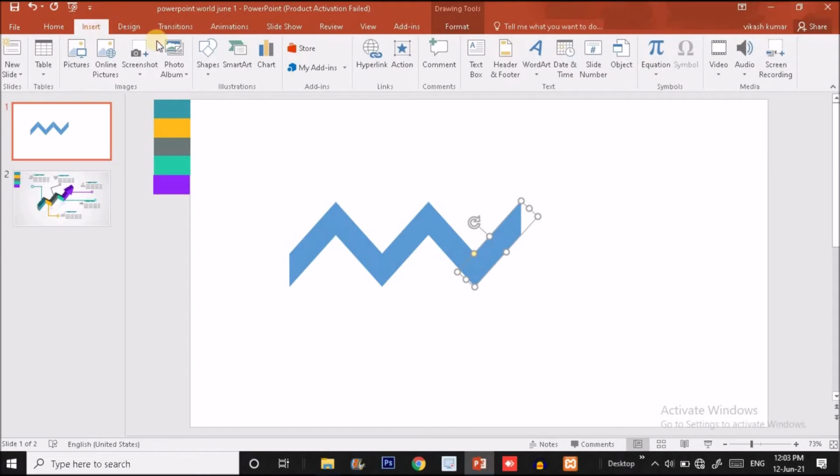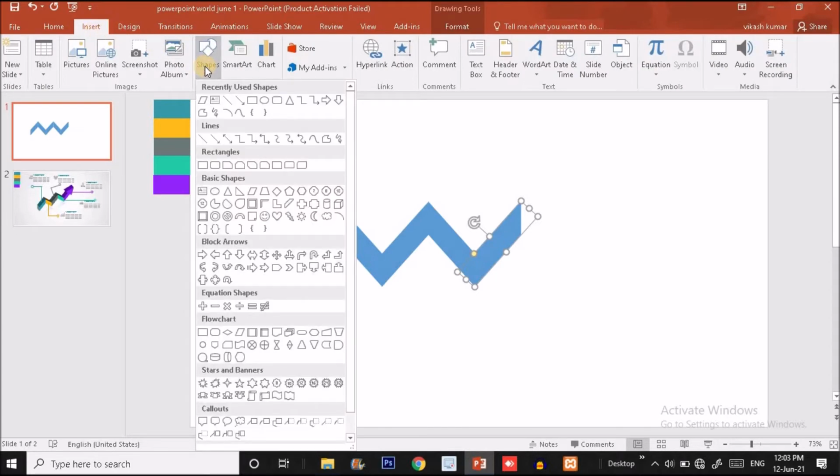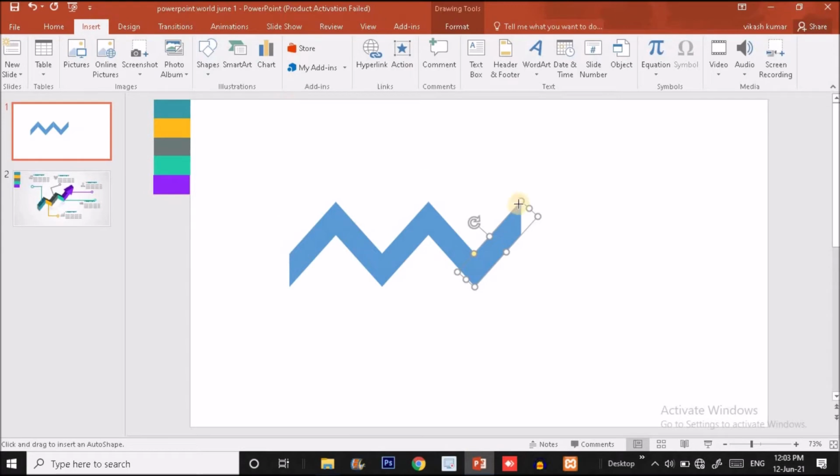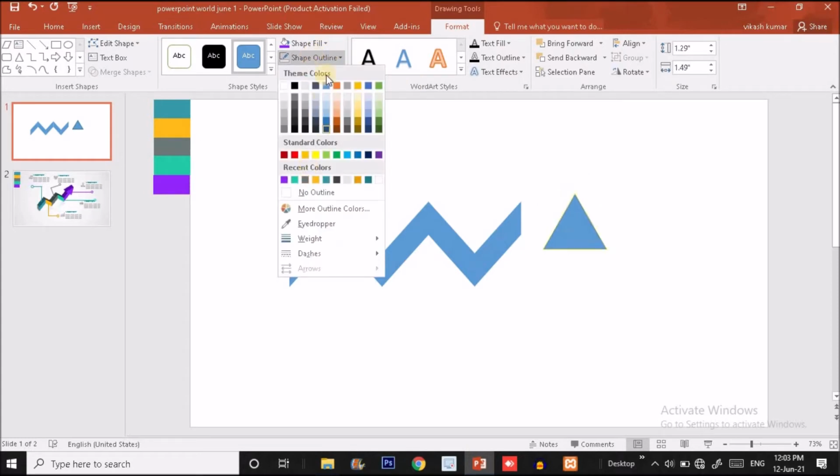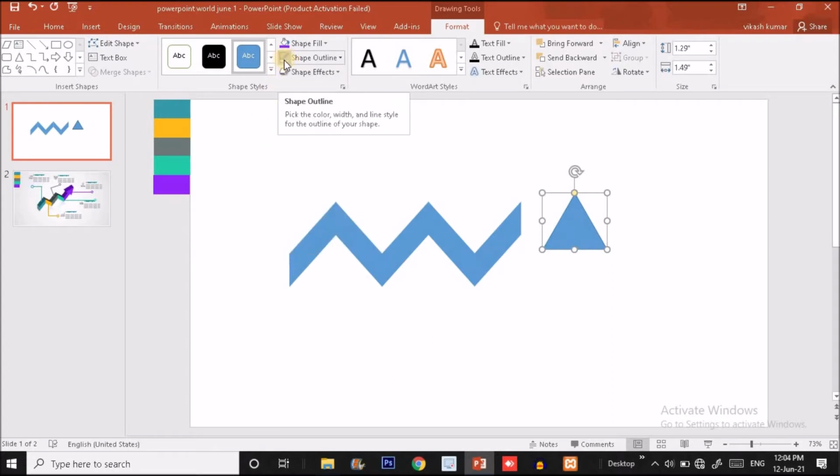And now what you have to do, you just have to click on the insert option. Again you have to choose the shape option. Inside the shape option you will find the triangle option over here, isosceles triangle actually. So choose this, press Ctrl and Shift together and drag it here to make a regular isosceles triangle. Okay, make it no outline. No outline you can make by clicking on this no outline option. As I have used this option earlier on the previous shapes, you just have to click here. It will automatically remove the outlines from the shape. Always remember guys, this is the shortcut. Okay, now rotate it like this.